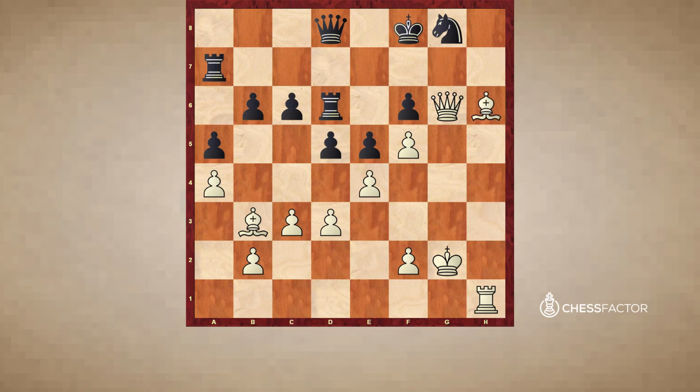This is very typical, of course it's a different topic, but it's very typical to sacrifice an exchange in order to break through with your attack. So after bishop takes h6 check, black has two choices. He can play king to e7, or he can capture the bishop on h6. Now, if knight takes h6, white will simply recapture on h6, and even though black is up an exchange, the